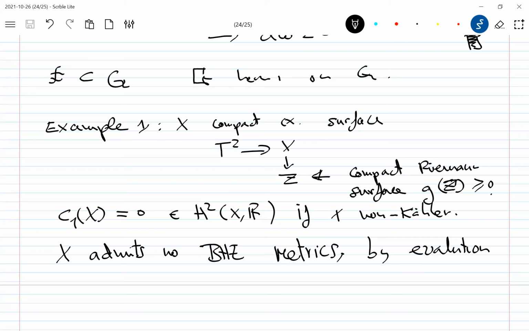I mean, your definition of C1. Yeah, so there's the general result which says that if you have a T2 fibration over a Kähler manifold, and the fibration is non-trivial, then X is non-Kähler. Furthermore, you have an explicit description of the cohomology of X. Essentially, it's the quotient of the cohomology of the base by the two generators of the two